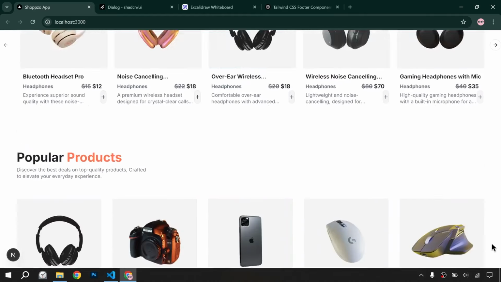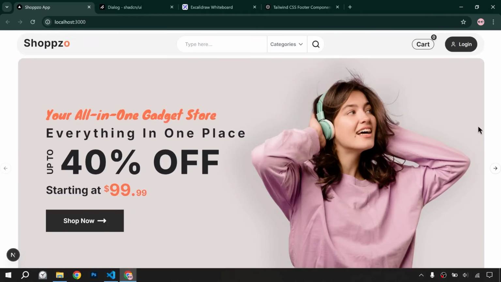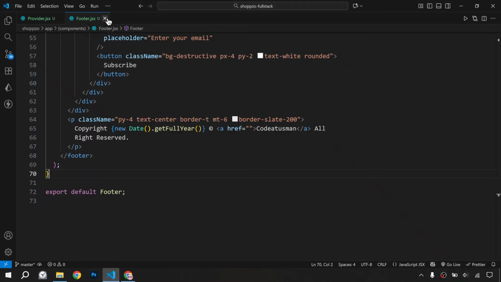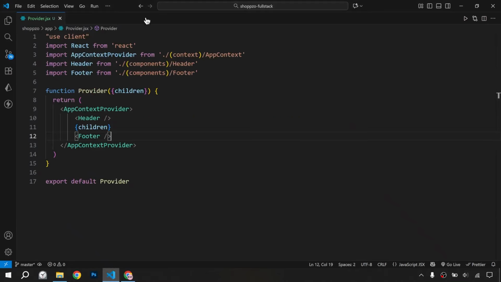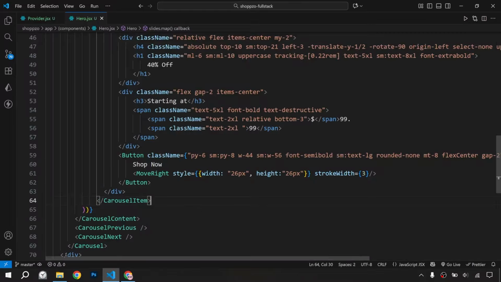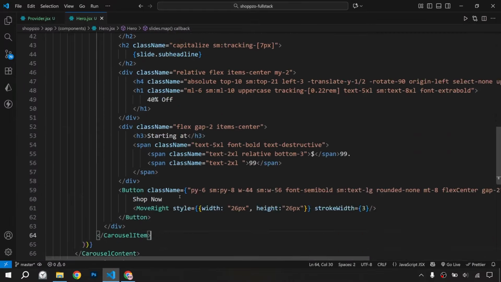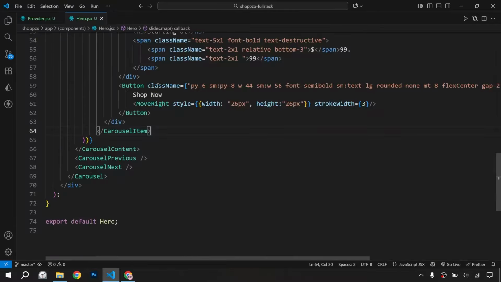Great. Now our homepage has been completed, and we will move to our collection page. So upon clicking the Shop Now button, we want to navigate our site to the collection page. So we will open the hero component, and inside the hero we will write, inside the button we will write